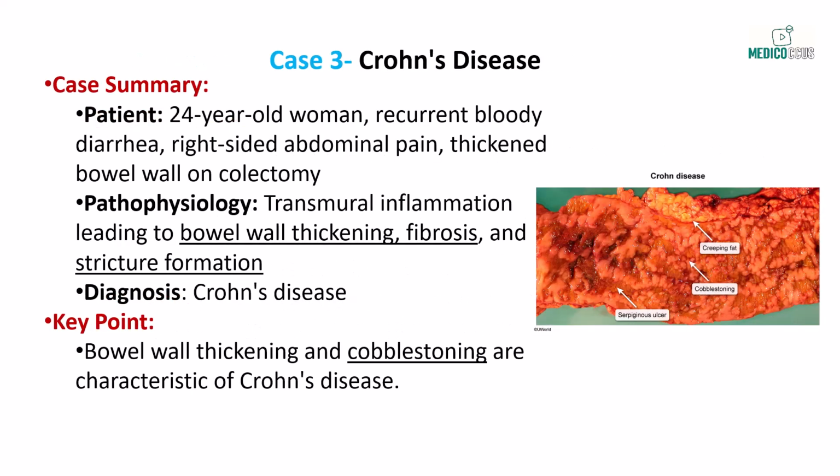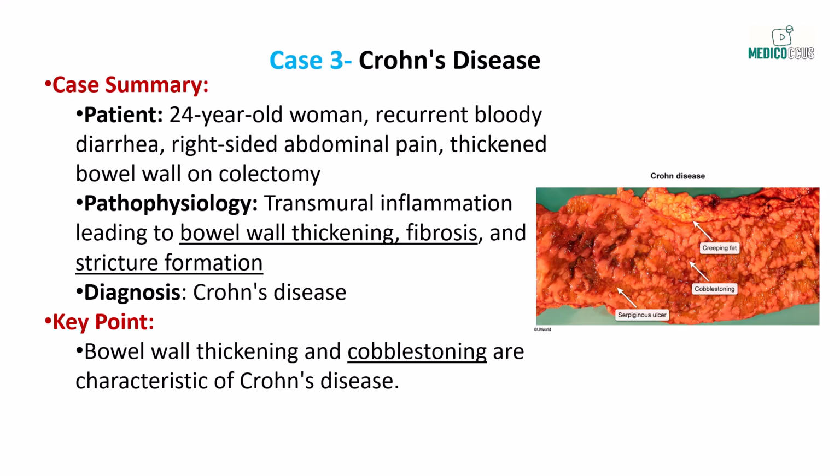Our third case involves a 24-year-old woman with a history of recurrent bloody diarrhea and right-sided abdominal pain. Despite medical therapy, her symptoms persist, and she eventually undergoes a colectomy. The resected bowel shows a thickened intestinal wall, which is a key feature of Crohn's disease. This thickening is due to transmural inflammation that affects all layers of the bowel, leading to fibrosis, muscular hypertrophy, and